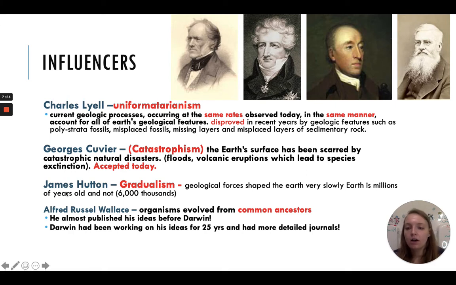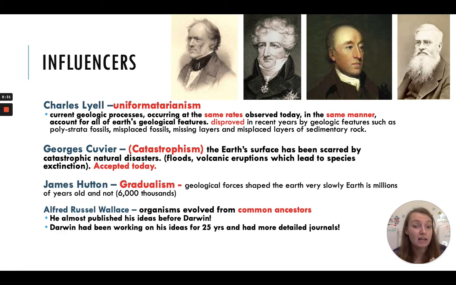All right, our next scientist is James Hutton. James Hutton came up with the idea of gradualism. And this is the idea that these geologic forces, like erosion, volcanoes, things like that, have shaped the way that Earth looks slowly over time, over millions of years. And so basically he's saying that it takes a long time for mountains to form or for valleys to form, and that the Earth must be millions of years old, not thousands of years old, like the church thought,